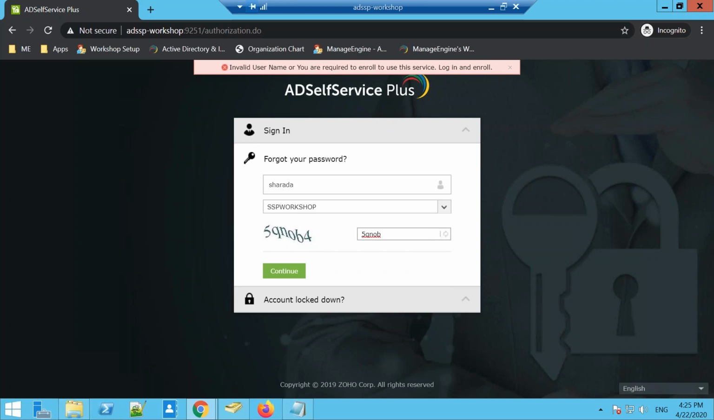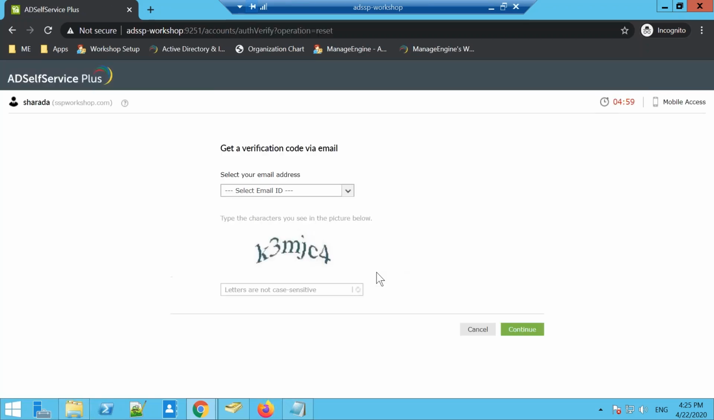So if you go to the admin settings, there are a couple of options that you can play around with, right from rebranding the console, integrating with different applications. So I did the exact same process, just that this time the end user had access to email-based verification. The user had still not enrolled with AD Self-Service Plus. But what will happen